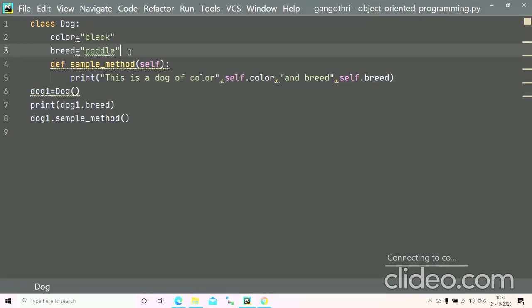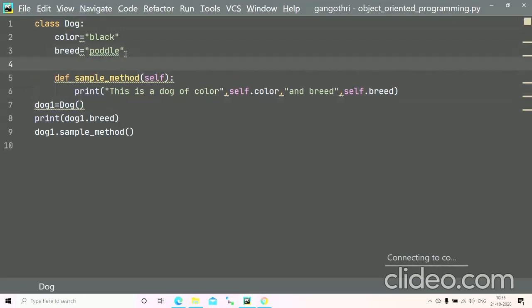A constructor is also a collection of statements that are executed at the time of object creation. For example, when we create the object, then the constructor for the class dog is created. Within Java, it is created directly. But within Python, we have to create it by using the init method. The init method is run as soon as we instantiate the object of the class. That is, as soon as we write the statement, the init method is called.